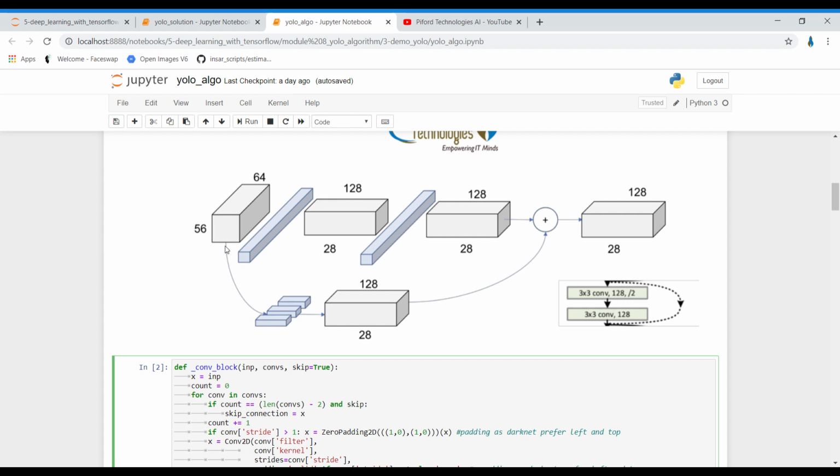For that, we use a shortcut path. This shortcut path is used to give the x value over here, so that we can add that x value with the function of x.